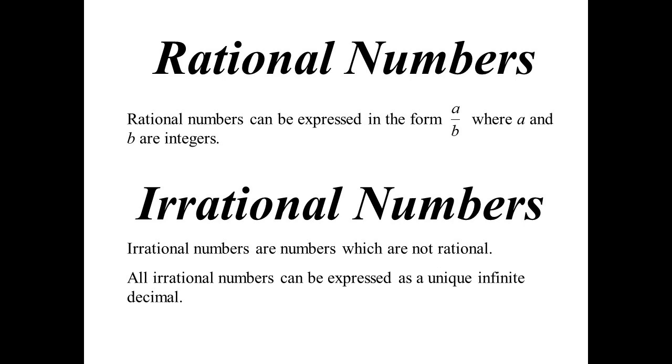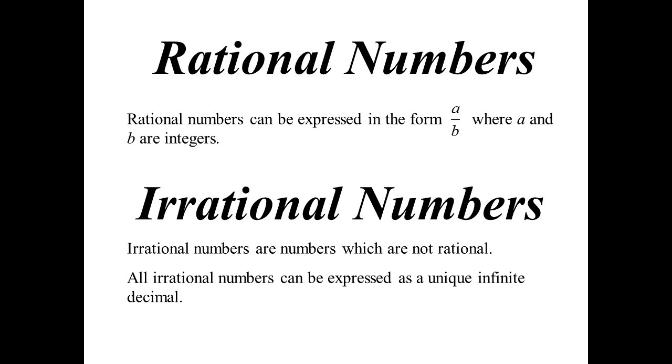Now, yesterday we talked about terminating decimals and recurring decimals. So they are rational numbers. The terminating ones are always rational. The recurring ones are always rational because we could end up writing them as a fraction. But all these ones that just go on forever and there is no pattern to it, they are our